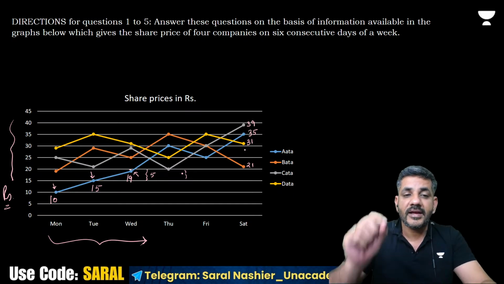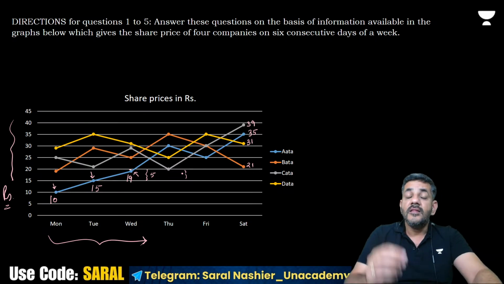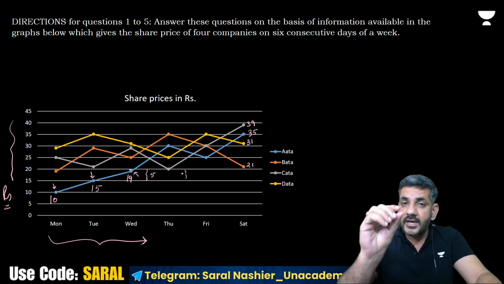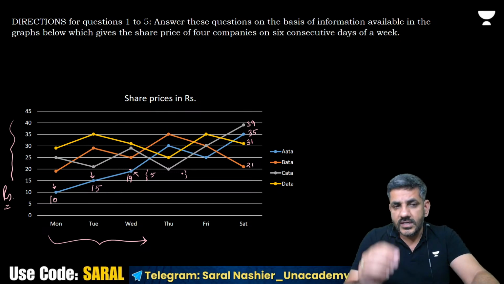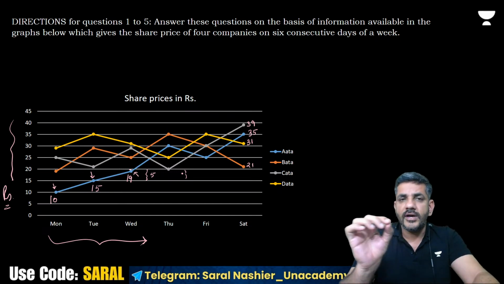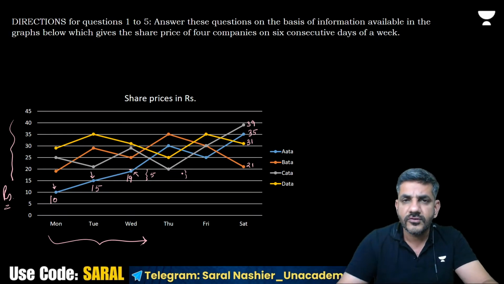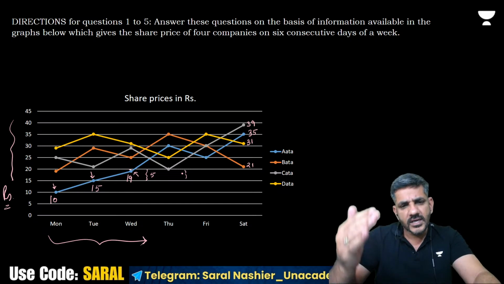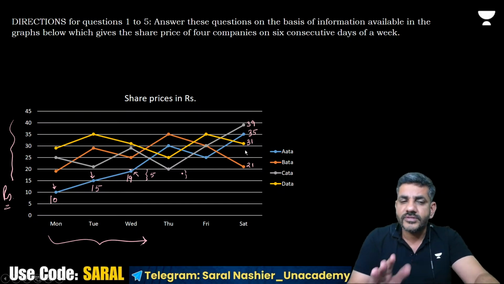the points which are exactly 35, exactly 20, exactly 30, would have the middle of that small circle on that line, right? Whatever that small circle is, the middle point of that small circle should be on the line. Otherwise, if it is slightly above, of course it is one or two above. If it is slightly below, then it is one or two below, and that's how we try to approximate these